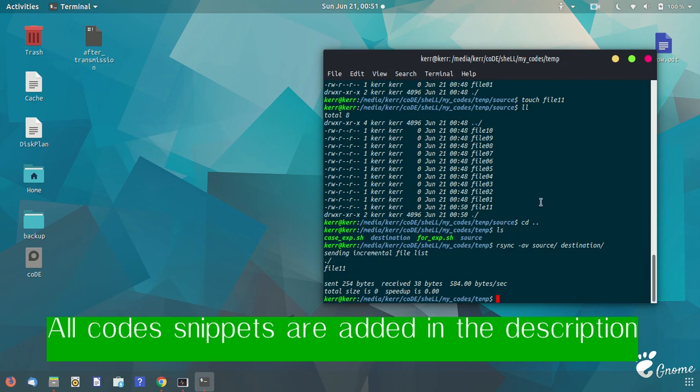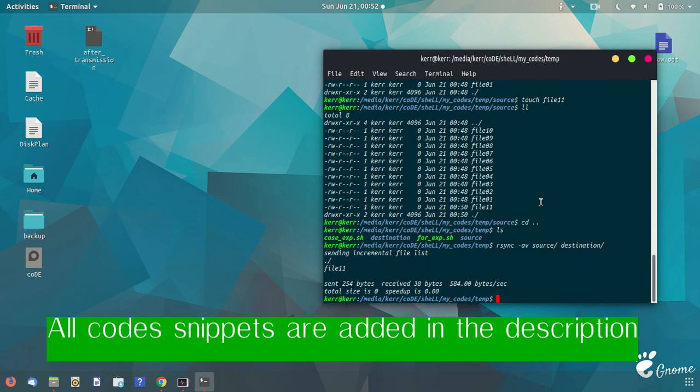Okay, now let's make another change within that source directory. But before that, I want to introduce another option, which is the dry run. By using the dry run, we basically run the command but don't make any changes to the destination.